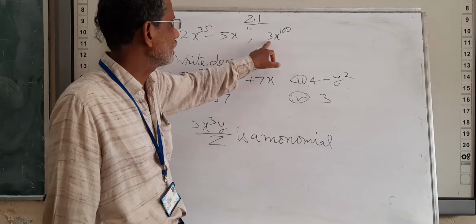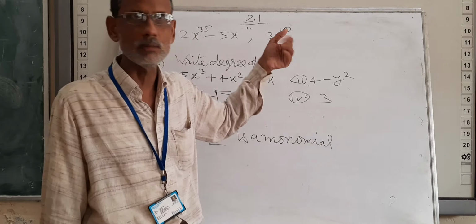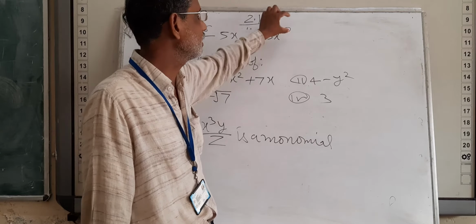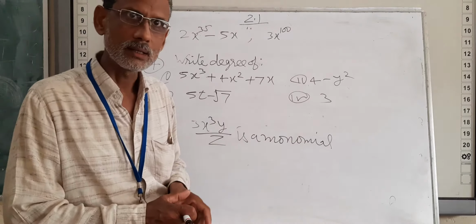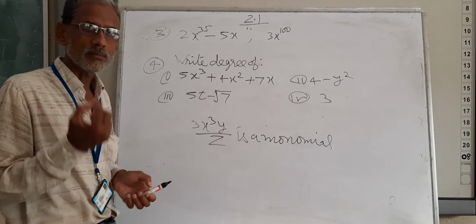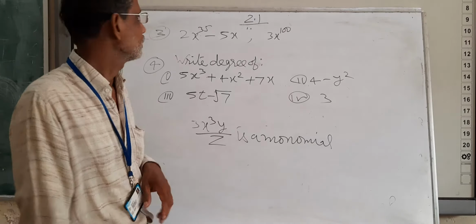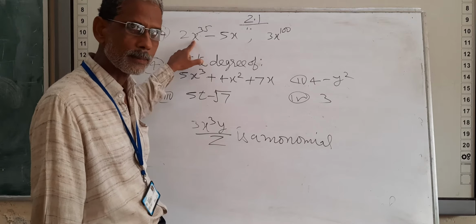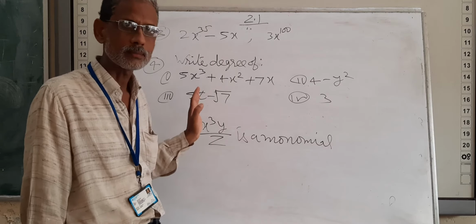Here is a monomial of 100 degree. You can choose any variable x, y, z, u, v, w, p, and any coefficient. But the degree must be 100. It is given. Write down a monomial of 100 degree. Correct? For a binomial, there must be a separator, either plus or minus. You can take any coefficient, any symbol for the variable. Clear? But the highest power must be 35.